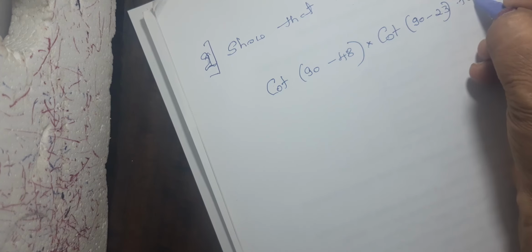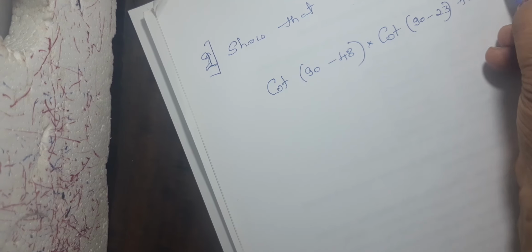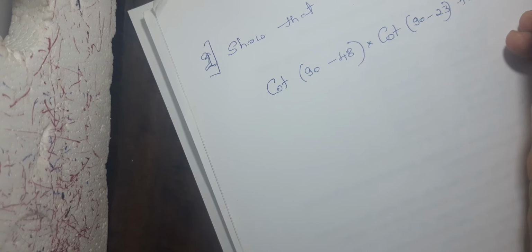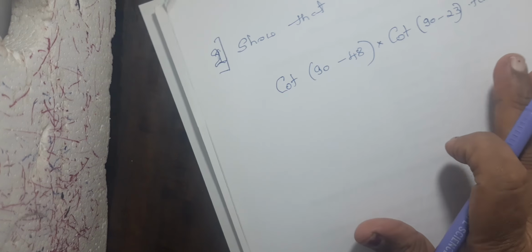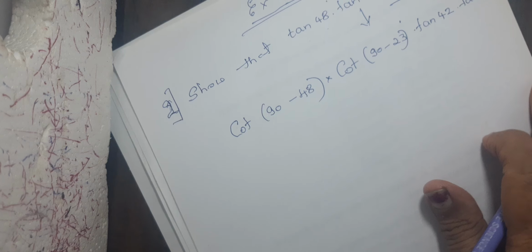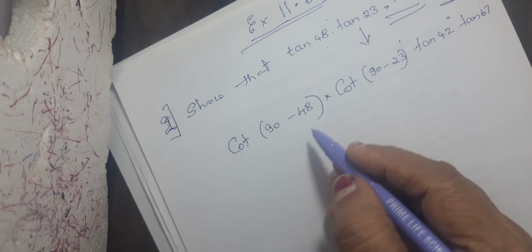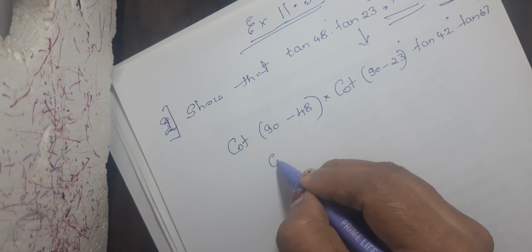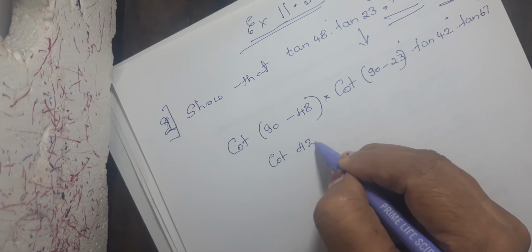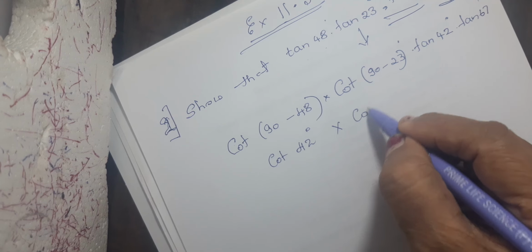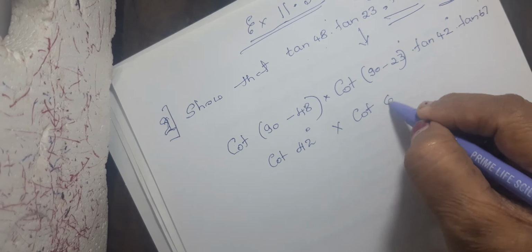Tan 42 into tan 67, I'll keep as they are. Why I am keeping those 2 as they are, you will come to know now. And cot 90 minus 48 will be cot 42 into cot 67